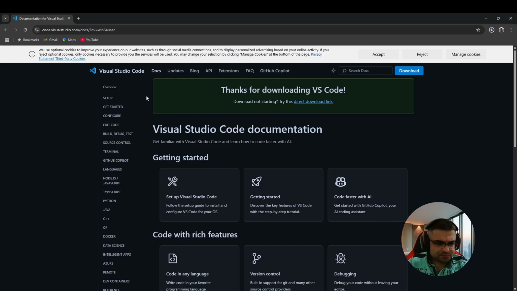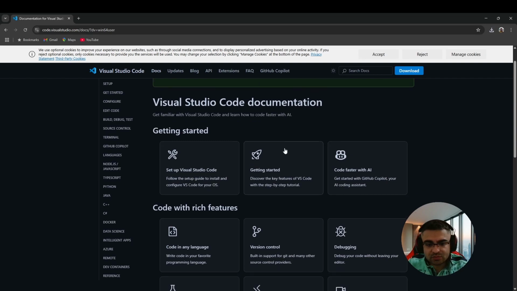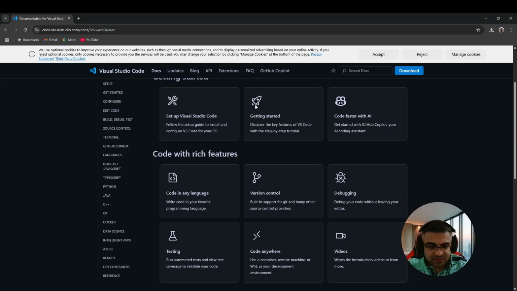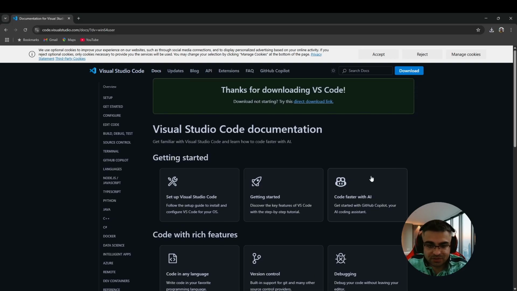Also here you can see Visual Studio Code's documentation, and you can see a bunch of links on the left-hand side. Different programming languages, and also some information to follow the steps for getting started with them, and how to use version control, debugging and testing, and a lot of stuff here. So we will get back to them gradually during this course.